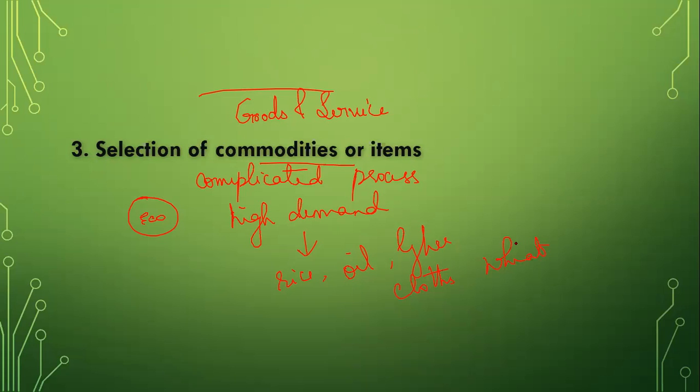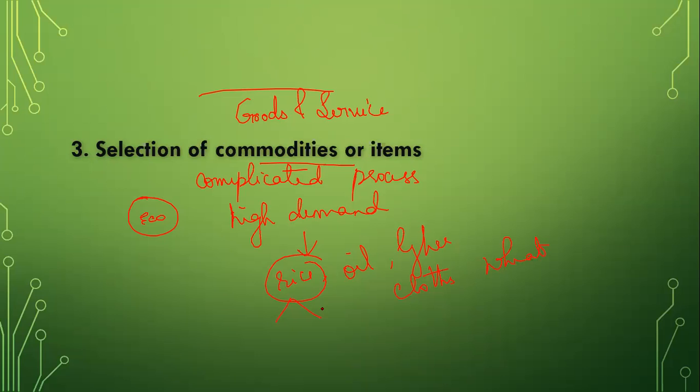Now when we select commodities, when we say rice, we get a variety of rice. There are various types, various brands. So we can come to know the percentage of people selecting which brand, what percentage of people are rich. That study also can be made with the help of this data, whatever you collect. So when you select a particular commodity, you should always keep in mind that commodities selected are to be of high demand. Then only you can easily find the result of particular index number. That is selection of commodities.